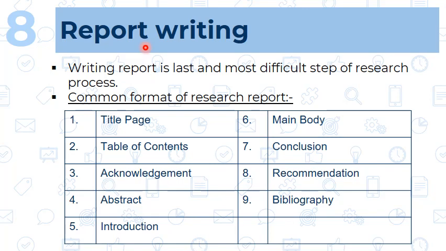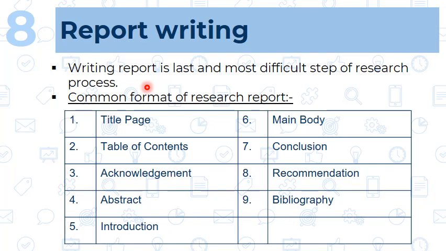Second, that is table of contents. Means in short we can say this is the index page. Here it consists of the 4 chapters, that is introduction, research methodology, research design, and the conclusion. And third is the acknowledgement. Here we are going to make the acknowledgement of everything. Then abstract, then introduction of the research, and the 6th step is main body. Means whichever chapters we have mentioned in the table of contents, we are going to explain all those chapters in the main body.